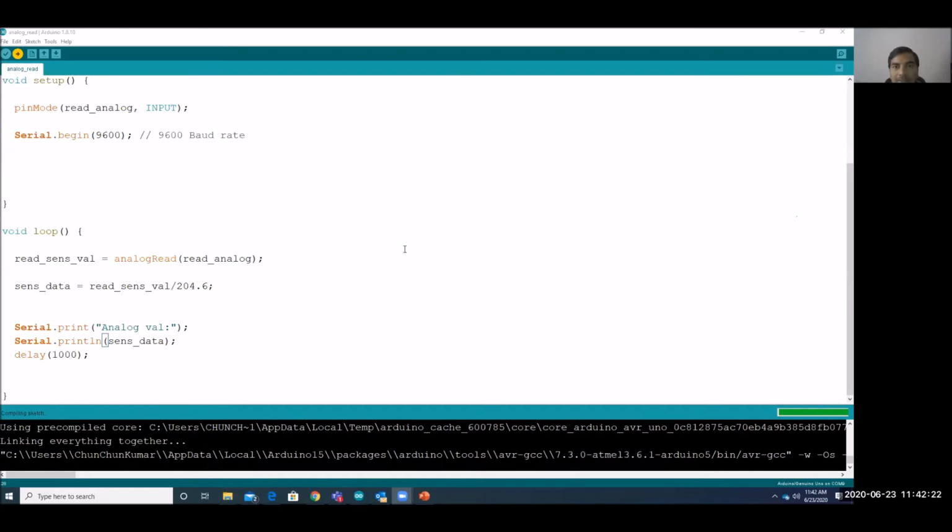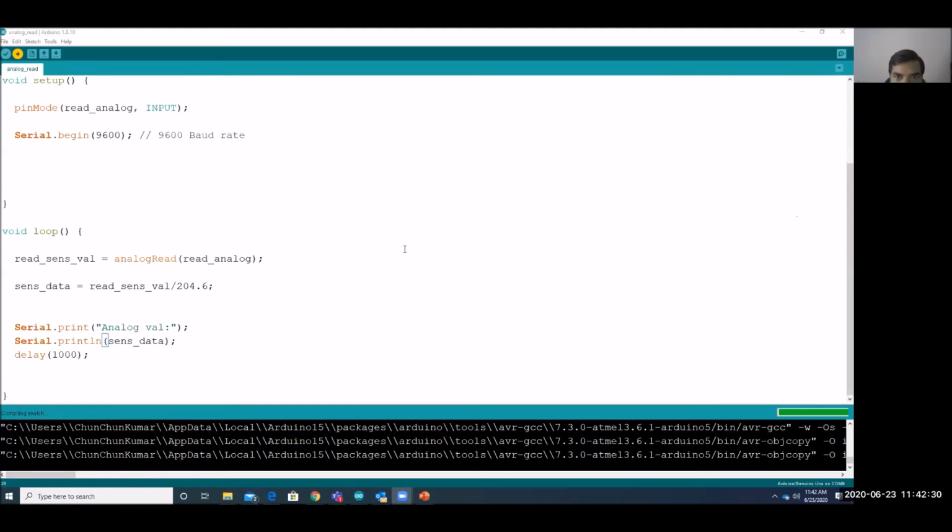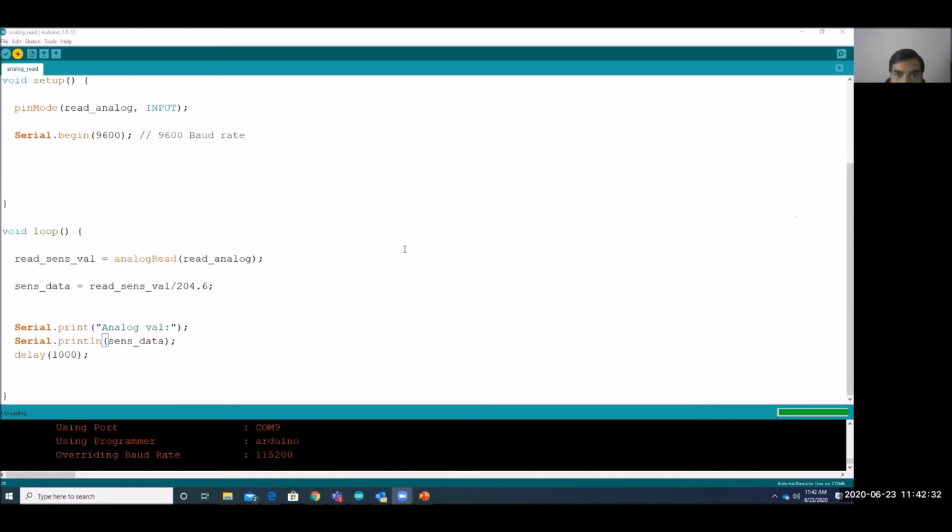Okay, there is one good question. Parveen Gopu asked, what happens if we place digital in place of analog, sir? In case you put a digital sensor in the analog pin, you will be getting two values only. Either you will get 0 or 1. That means you will be getting 0 volt or 5 volt. If the sensor is low, you will get 0. If the sensor is high, you will get 5 volt. In between, whatever values, we will not get.